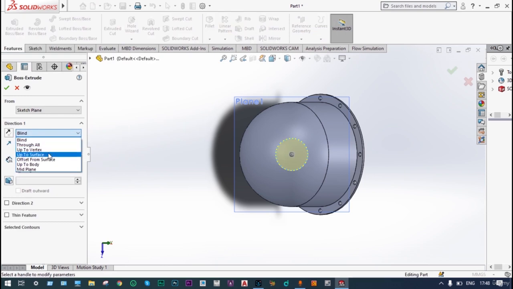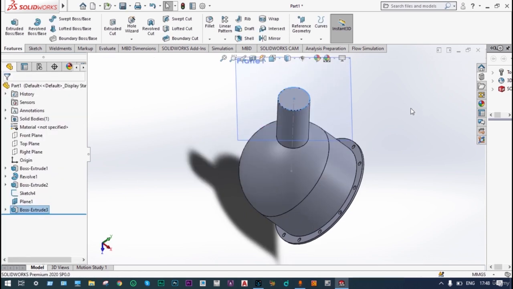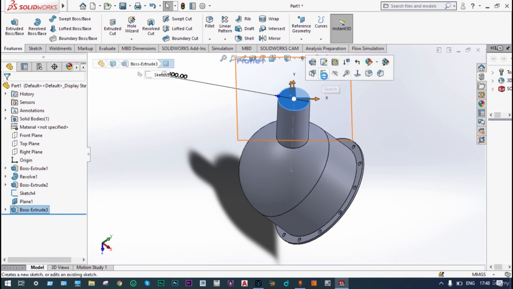So select up to the surface. You can select over the surface. This is done. Green check, accept it. Next one, we have to provide a cut through this object. So select that object, sketch,